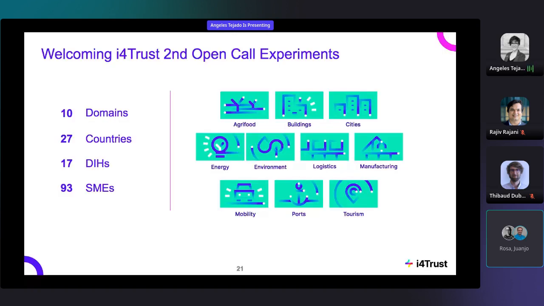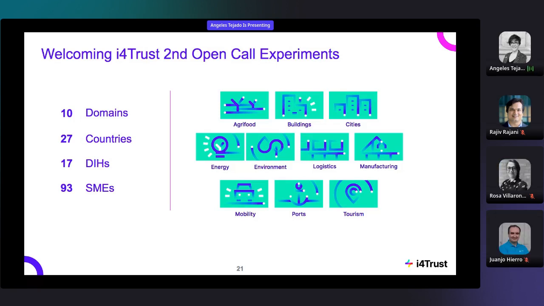First of all, I wanted to welcome all of you. We have 17 new experiments that will be developed during the next 9 months. These experiments belong to different domains, but after checking your proposal, we can say that we are working in 10 domains. Some of them are quite more specific, but we need to keep some general domains of activity.